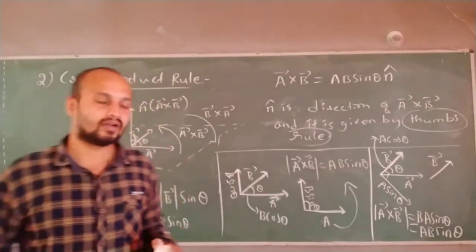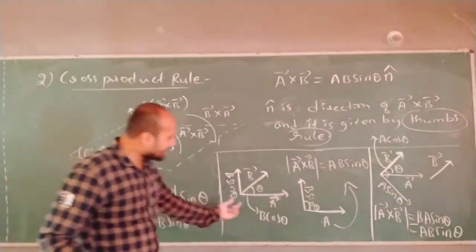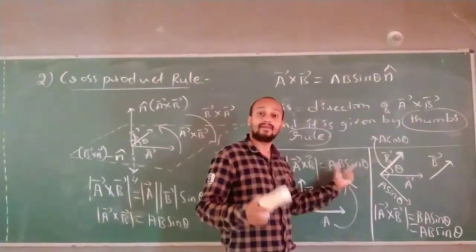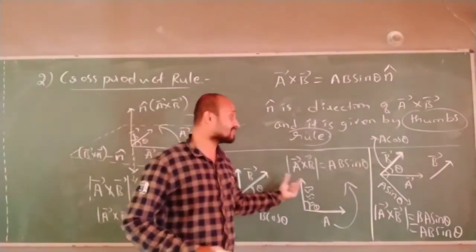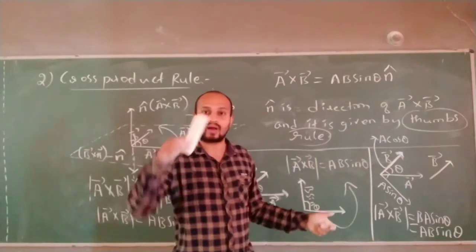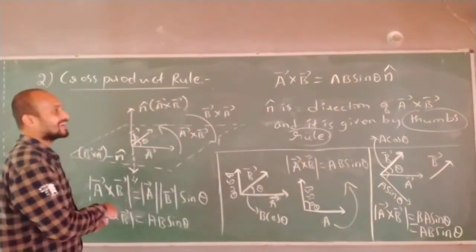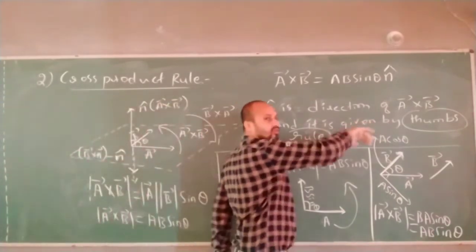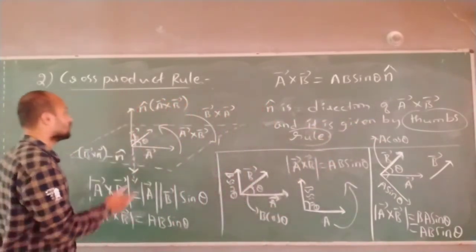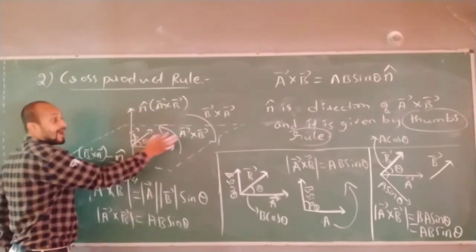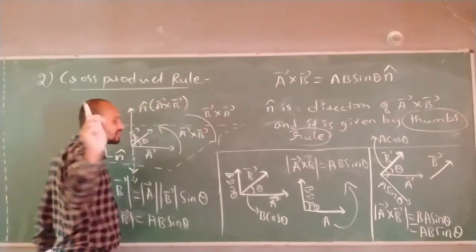Value I am taking, value. So magnitude value remains same. A cross B magnitude will be equal to B cross A magnitude. Their magnitudes are same. But they are not same because they are vectors. One direction is opposite to the other direction. Here I showed you, because for the direction I am using the thumb rule. When I am applying the thumb rule, A cross B will be upward, B cross A will be downward. Magnitude of A cross B and B cross A remains same.